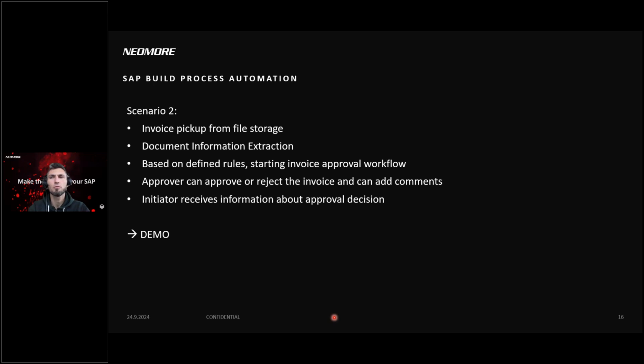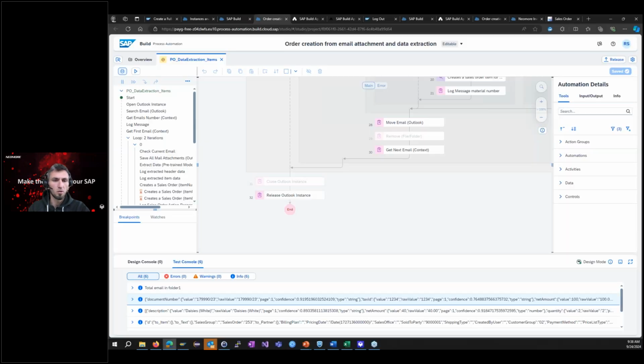I have also one more demo. I think we can do that a bit quicker, but it's also about invoice approval. So in this case, I'm picking up invoices from a file storage and also doing document information extraction again. And based on defined rules, I'm starting an invoice approval workflow, and then the approver can approve or reject the invoice, can add comments, and then the initiator receives information about the approval decision. So how that looks like,